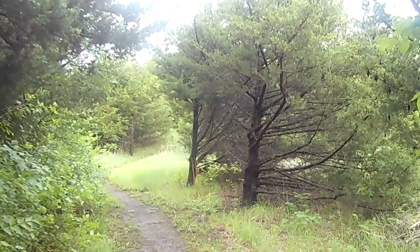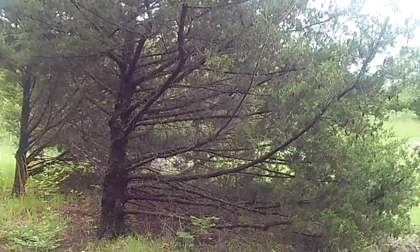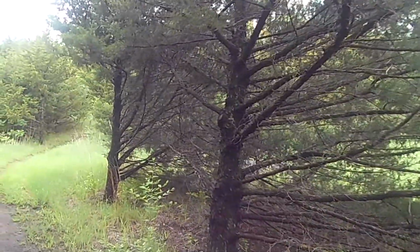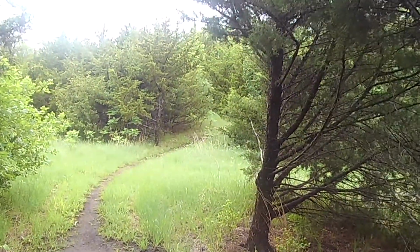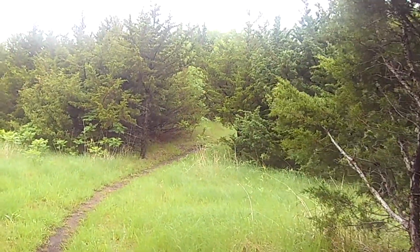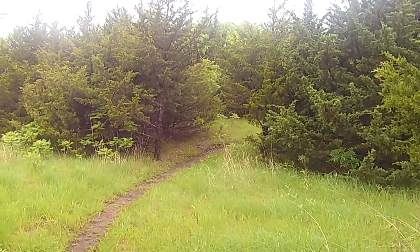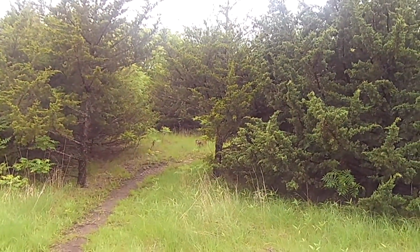But I mean, it's just a learning experience. If you come out and you walk these trails enough, you're going to find little things that you can do. Like I said, it's not a trail. There's not a path or anything. But if a person gets out here and they want to take a shortcut,